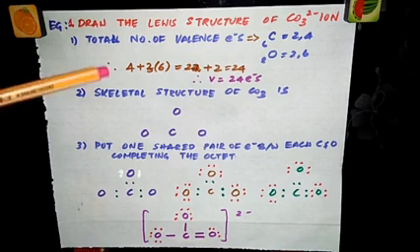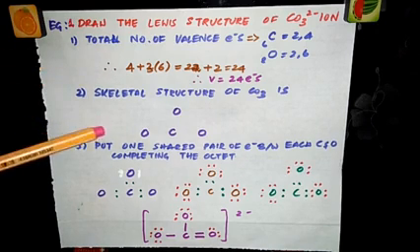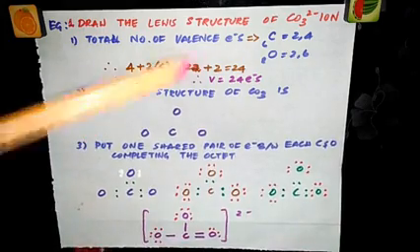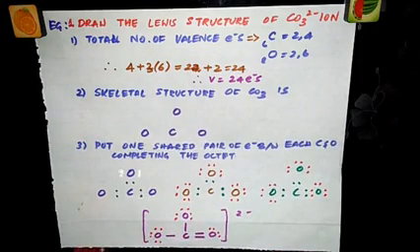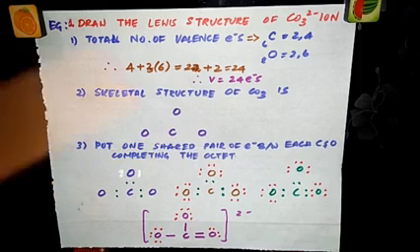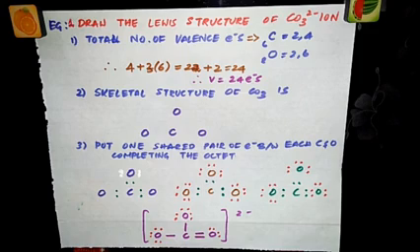So after calculating the valence electrons, directly draw the skeletal structure of CO3. I told you, use your intelligence to represent which atom is bonded to which other atom. So to write the skeletal structure, keep one thing in mind. Usually the least electronegative atom takes up the central atom position. So here in the case of carbon and oxygen, carbon is least electronegative. So that is treated as the central atom.